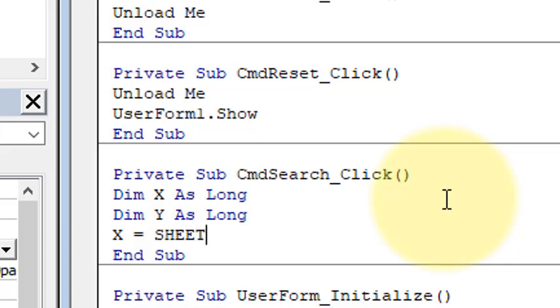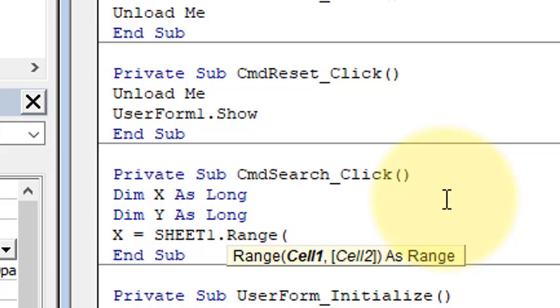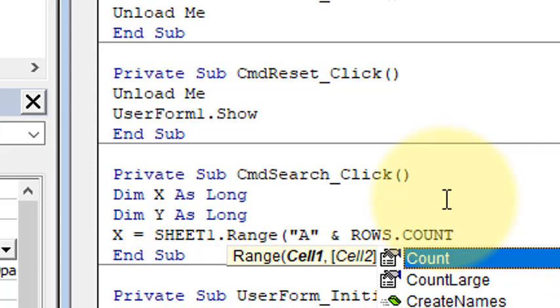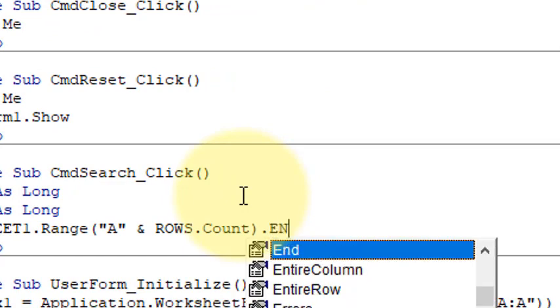X equals Sheet1.Range("I" & Rows.Count).End